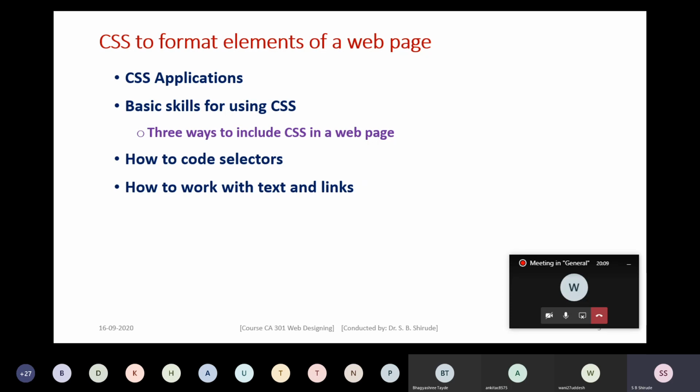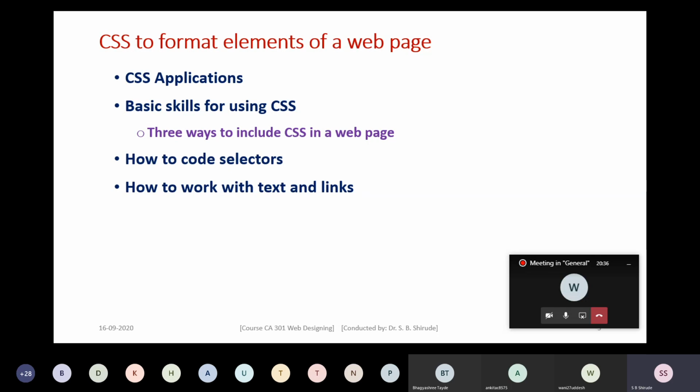Why make use of CSS? In the previous lecture, we discussed that if you put all the formatting and designing rules in one file, which is the CSS file, you may include that CSS file in several other web pages and apply those rules to the several web pages.